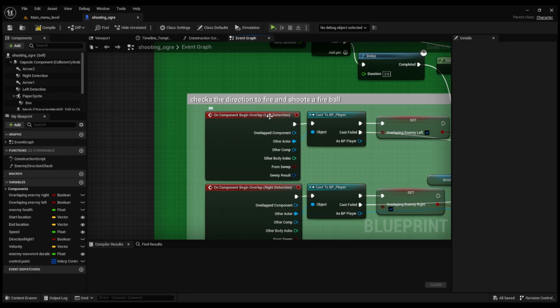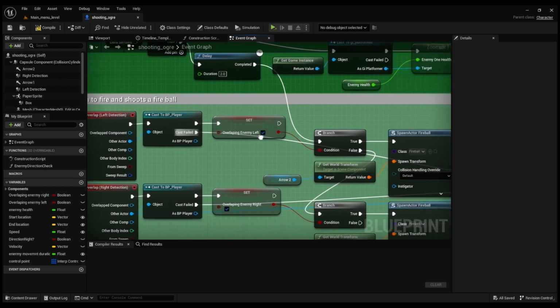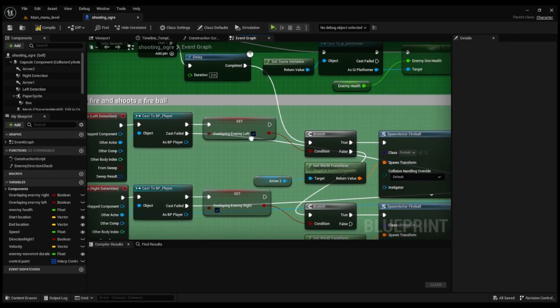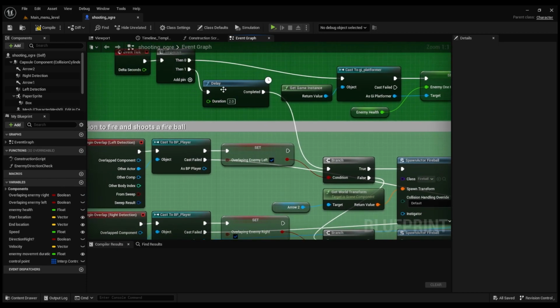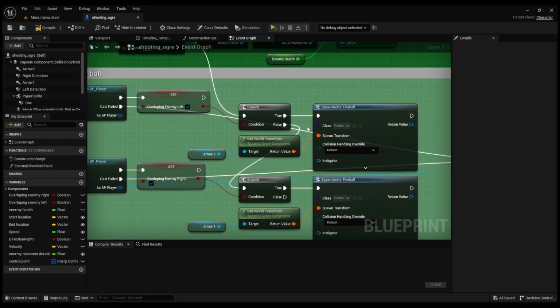There is a box collision called left detection that casts to BP_player to check whether the player has overlapped with the ogre's detection area. The boolvar overlapping enemy left is set to true if it is the player that is overlapping the enemy. The second part of the sequence run from event tick is to delay for 2 seconds so the ogre does not spam fireballs, that runs into a branch which checks if the bool overlapping enemy left is true. If this is true, it fires a fireball with spawn actor and the spawn transform is set to the